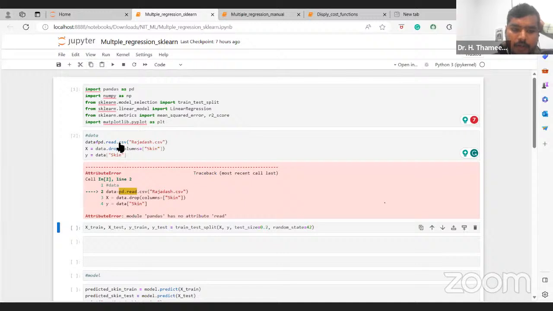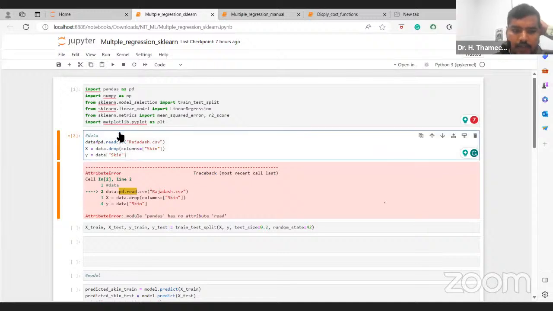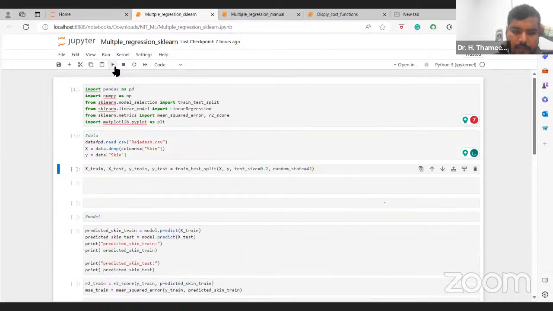Okay, you read dot read underscore CSV. Yeah, it's reader. Now we have to train our X train, Y train. We have to split our data for testing and training. So through this, what we did in the manual code, the same thing we have to do here. Once we have split our training and testing, then we have to look at